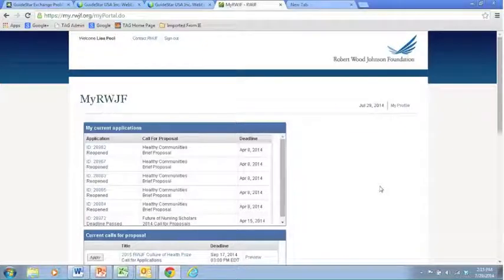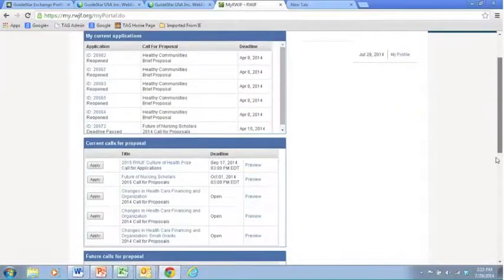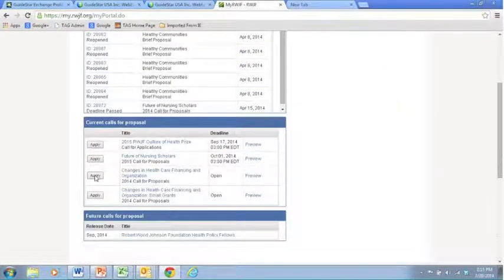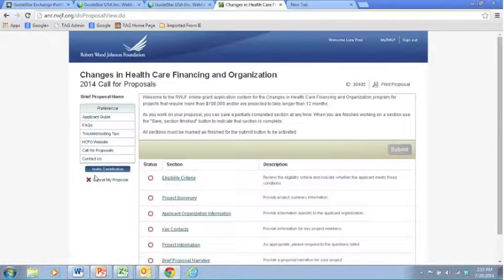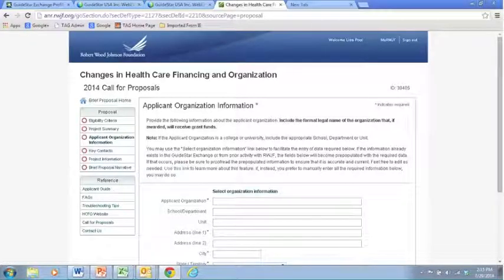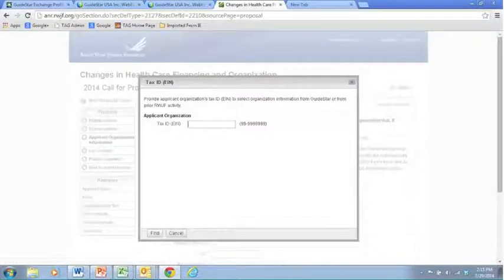So I'm going to click on one of these applications to apply for a grant at Robert Wood Johnson Foundation. And these are the different sections. You can see there's a section for organizational information. I'm going to start there. And first thing I'm going to do is select organization information. I'm going to type in the Technology Affinity Group employer identification number